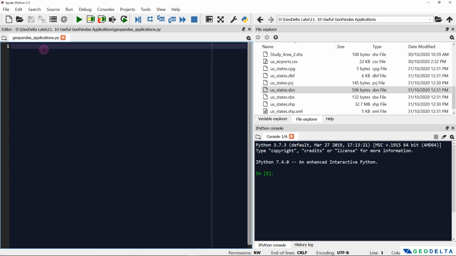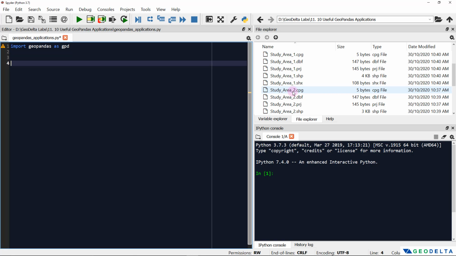Alright, the first thing I'm going to do is import the GeoPandas library. I would like to first visualize these different shapefiles so that we can get an idea of what sort of geospatial data we are working with. First I would like to import the study area 1 shapefile. To import shapefiles, I can very easily use the GeoPandas library. I'm going to name this one SA1, short for study area 1, and I'm going to say